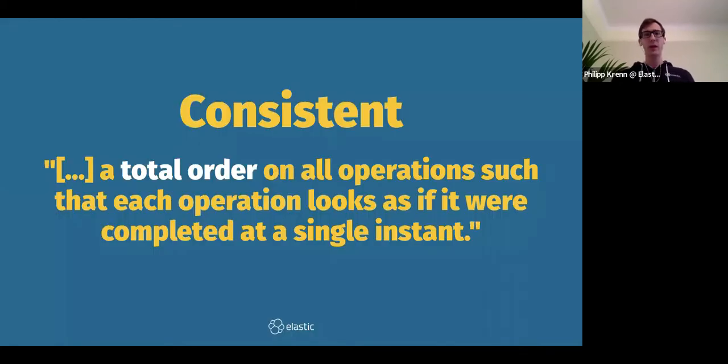The first one is consistency. You basically have a total order of all operations. Imagine you have a distributed system, but it still looks as if you had one order of all the requests going through your system. It's as if you had a single lane and every car or request had to pass through that single lane in one total order. So at one point in time, you always know what the current state is and where you are. It is as if you had a single instance, even though you have a distributed system behind it.